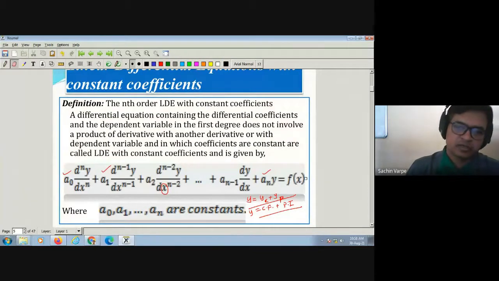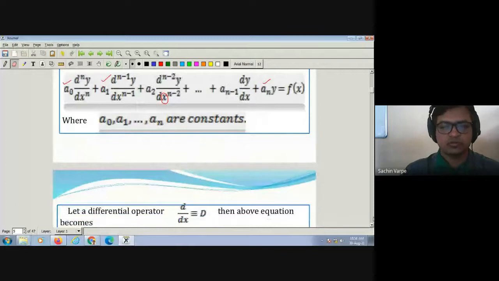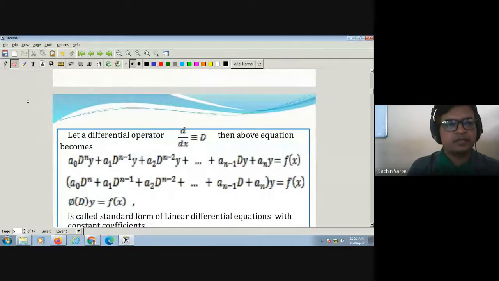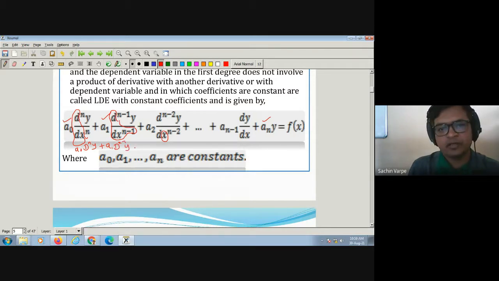Okay. So first of all, if the given differential equation is in the form of d by dx, or derivative with respect to independent variable, then the first step towards the solution is the reduction in the variable capital D. So see here, let this differential operator, derivative with respect to x, be capital D. So when we substitute this differential operator into the given differential equation, then d raised to n y, that is a naught d raised to n y plus a1 d raised to n minus 1 y, and so on, plus a n minus 1 dy plus a n y is equal to function of x.